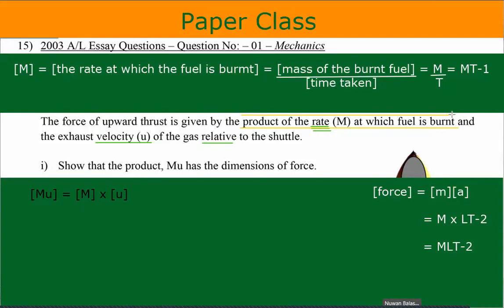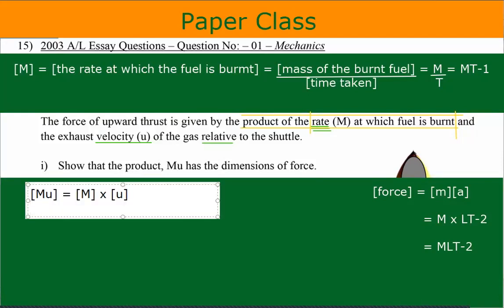Rate M at which the fuel is burned. If you look at it from here, you will identify it. Is it clear here? Is it okay or not? Just send me a message here. If you have any further questions, you can send me a message on Zoom chat so I can help you, right? So now,